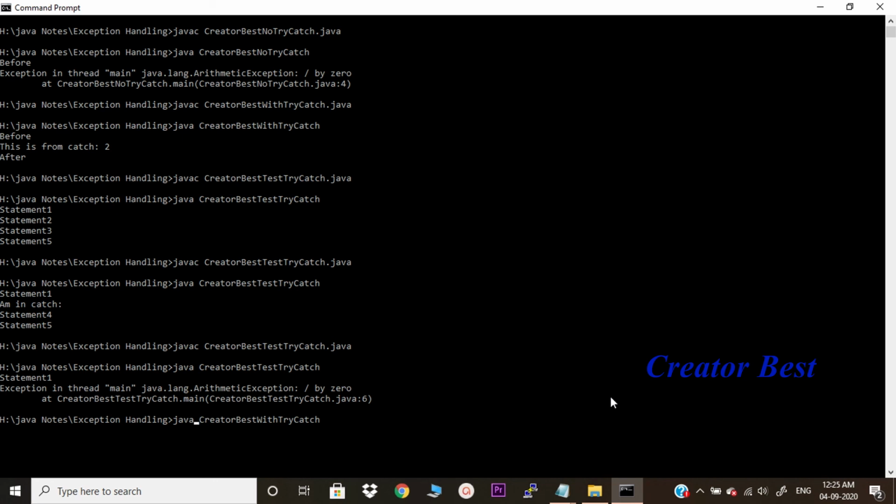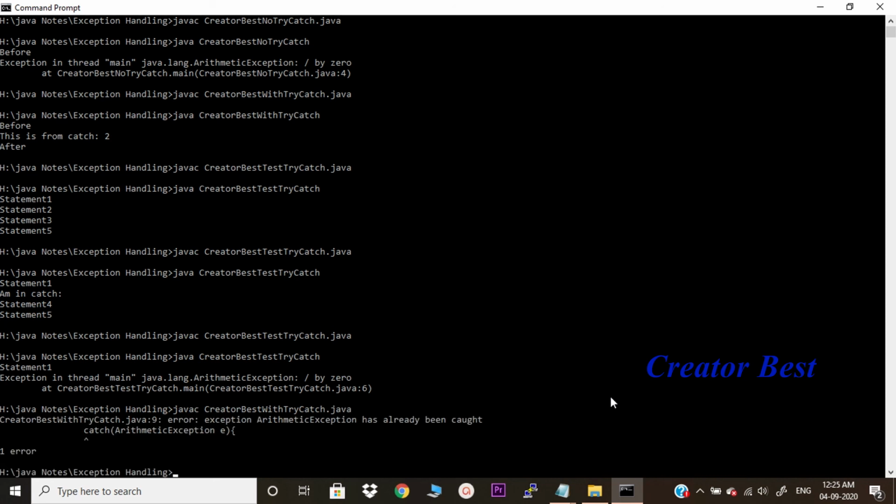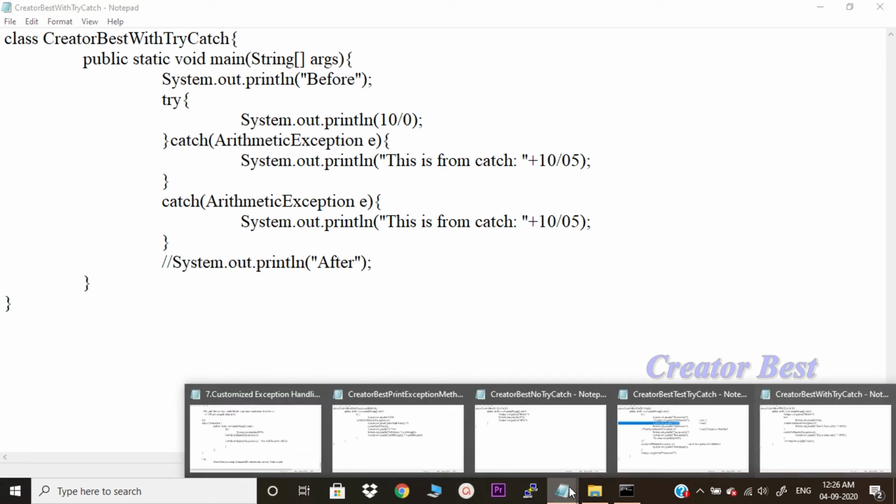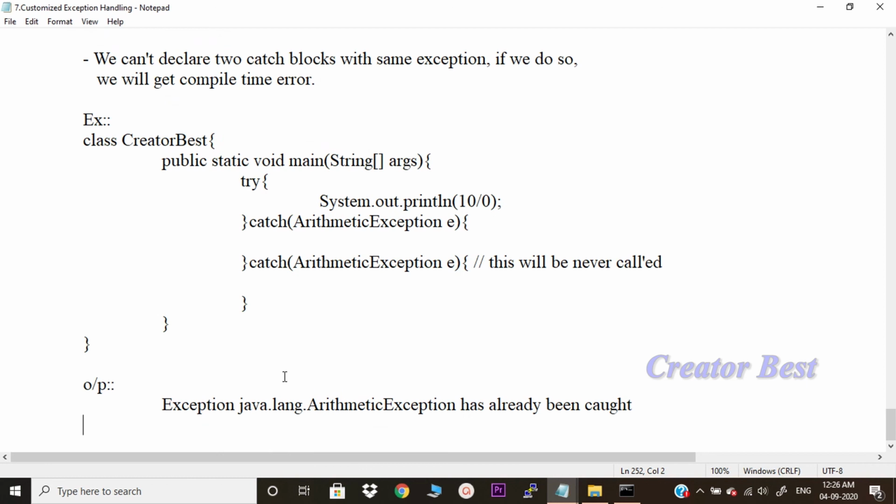First of all, compile this. See, has already been caught. We got an exception, right? Because this particular exception is already defined. So, obviously, we will be getting an error message saying it has already been caught. That is not the best way of writing the code. Okay.